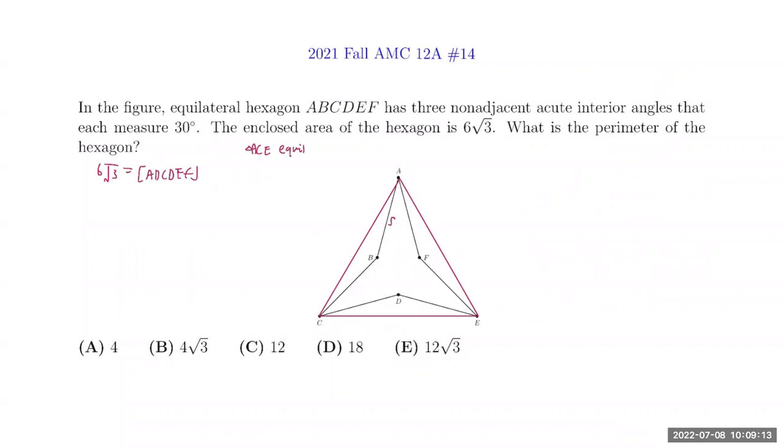So to calculate the area of this hexagon, we have the area of ACE minus 3 of these areas, which is just 3 times ABC. So let's look at how we can find the perimeter, which is going to be 6S, from knowing all this